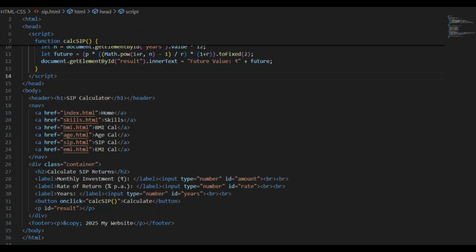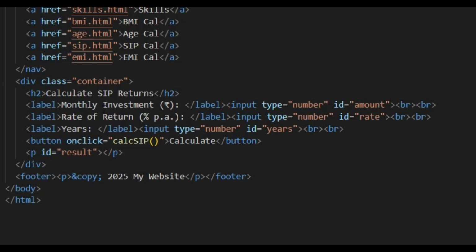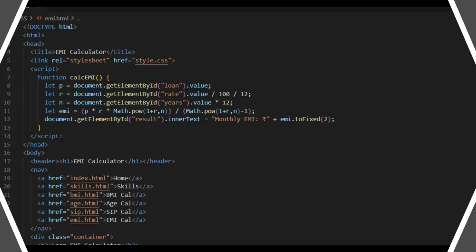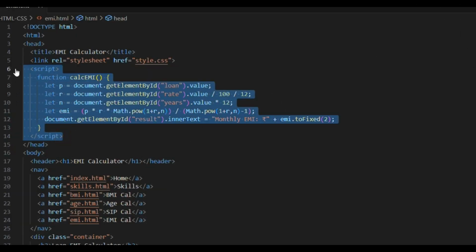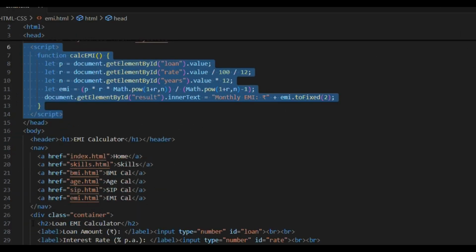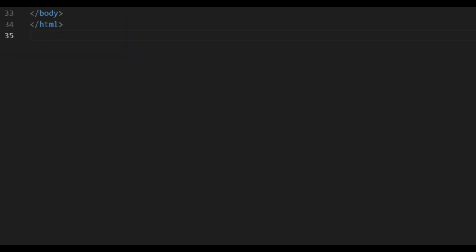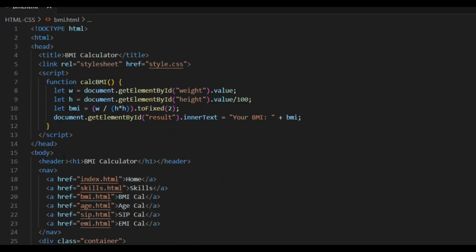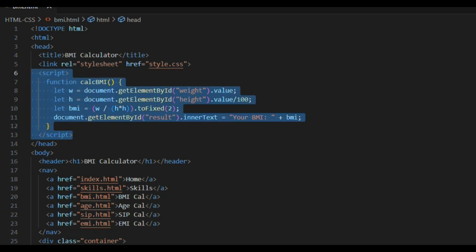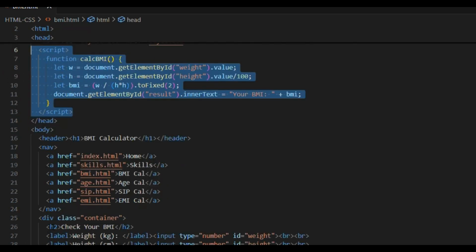You can see the calculator: SIP return, monthly investment, rate of return, years, it has been there. Now EMI, you can leave the script for the time being, and then you can come to an H2, loan EMI calculator: loan amount, interest rate and tenure in years. Now let me see the BMI calculator, and you can leave the script here, and now you can see the H2.